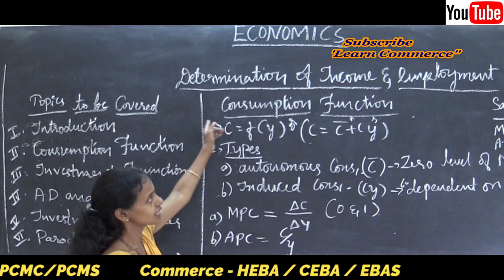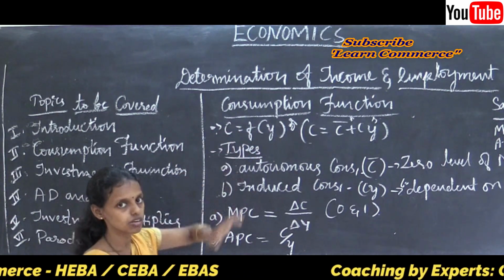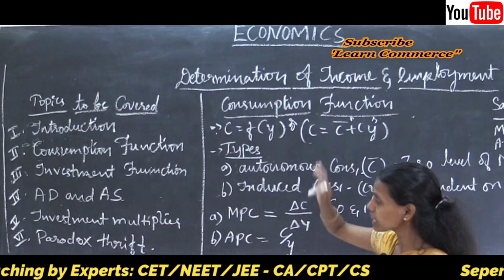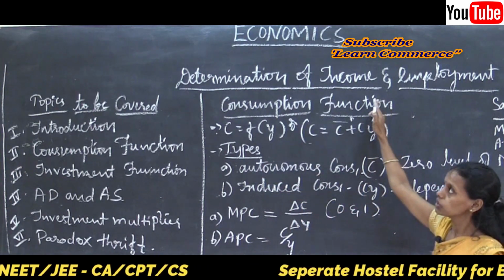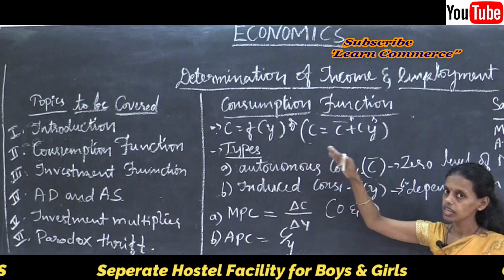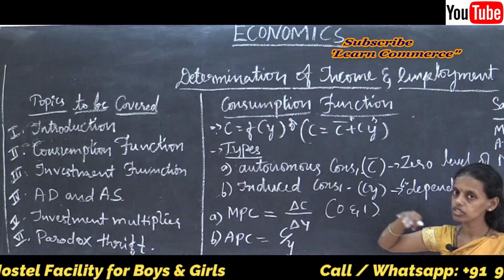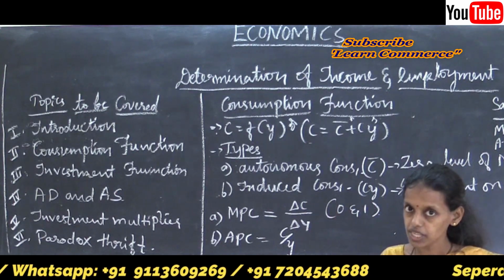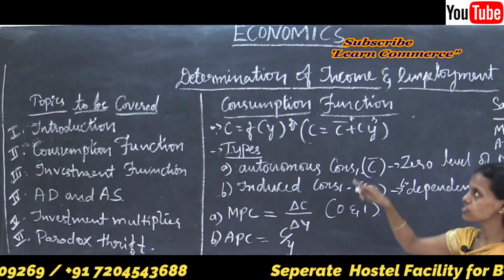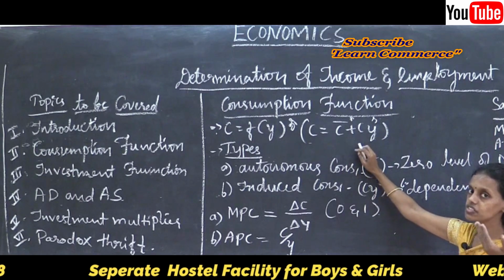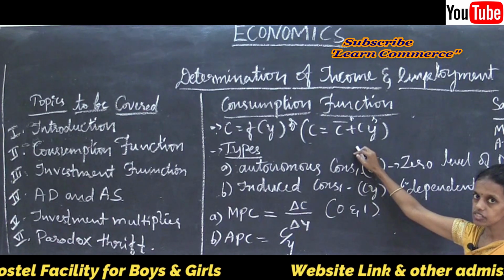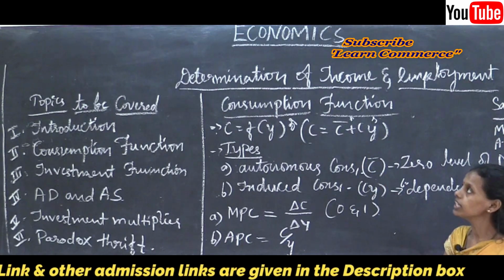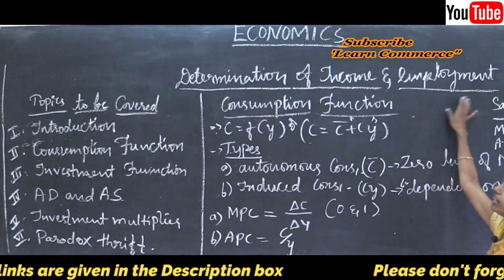How the theory is built means on the basis of national income accounting. While calculating national income, we need consumption expenditure, investment expenditure, government expenditure. We remember C plus I plus G plus X minus M, net exports. We are considering all the things we discussed in the national income accounting chapter. So this is the continuation of that particular chapter only. So how to determine income and employment?